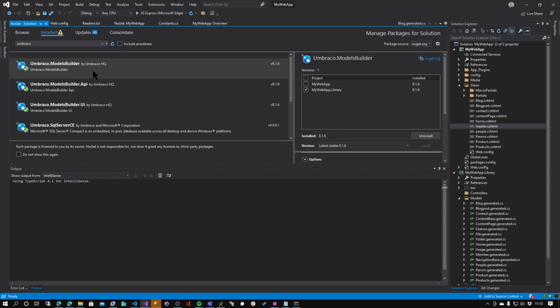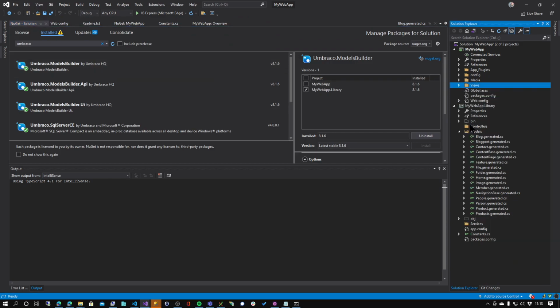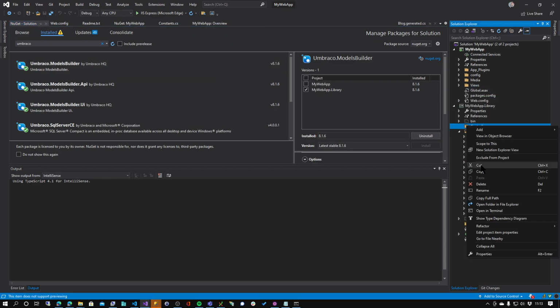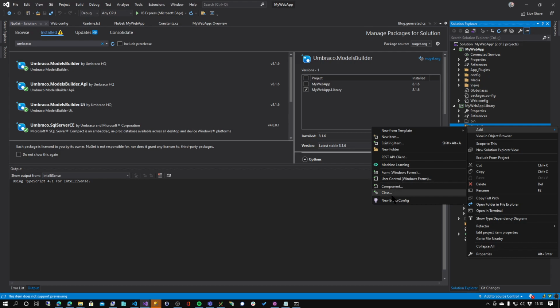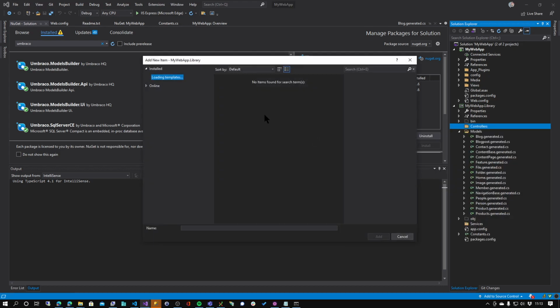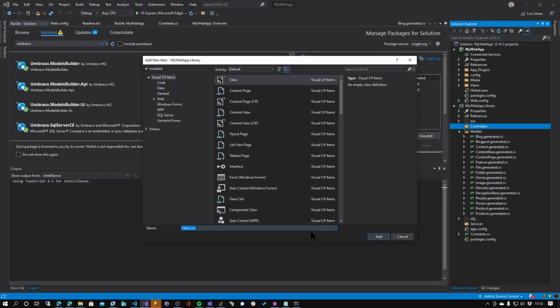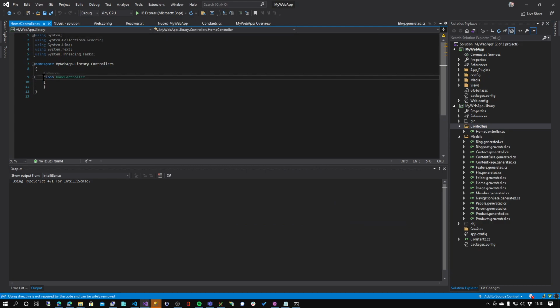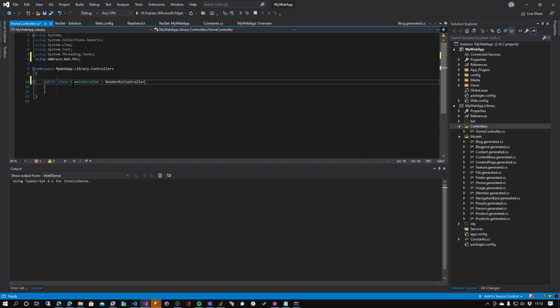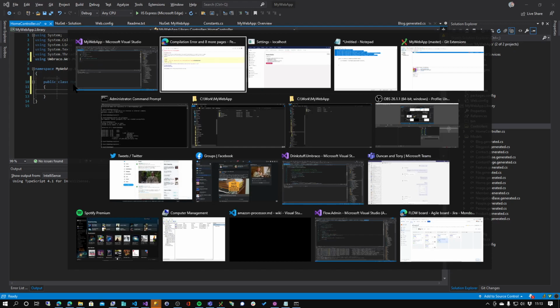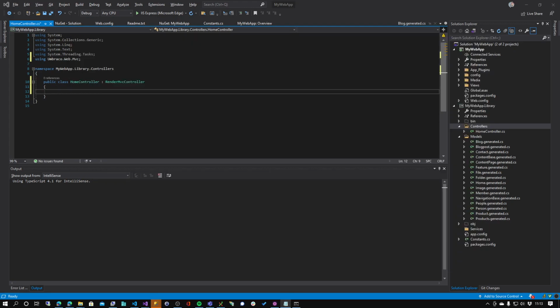the site should build. But before I do that, I'm also going to create a new controller. Home controller. Public class. Create a render MVC controller. And now what you need to do is